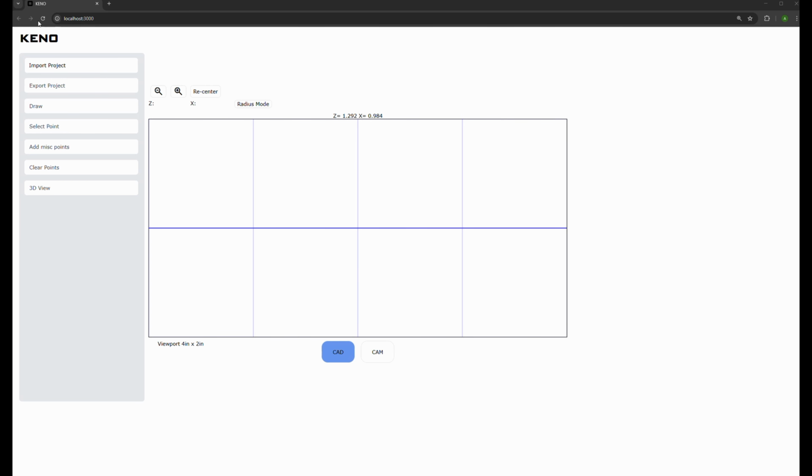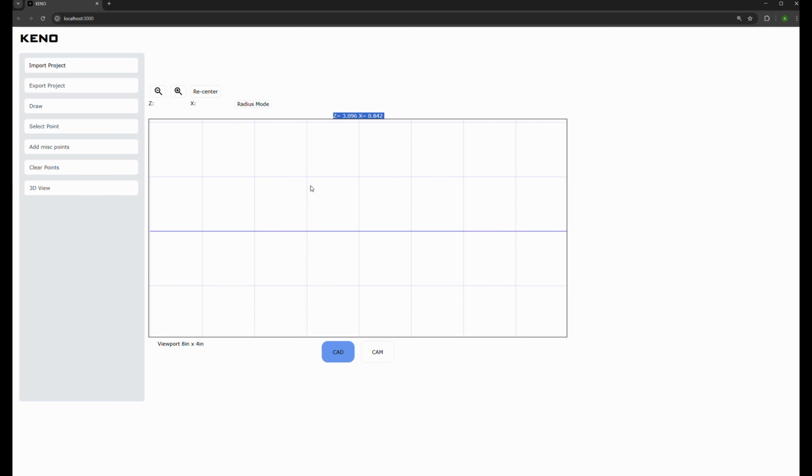This is the page you get when you first load it. This is your viewport in the middle. Got CAD and CAM parts here. You can see our coordinates here. Each one of these squares represent 1 inch. So here we can see that in this upper part we're at 1 and 1 inch. Here will be 2 and 2,